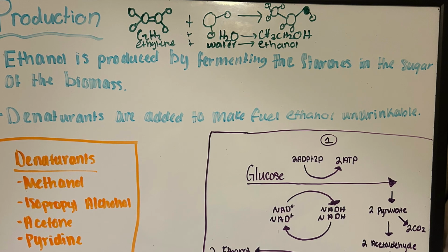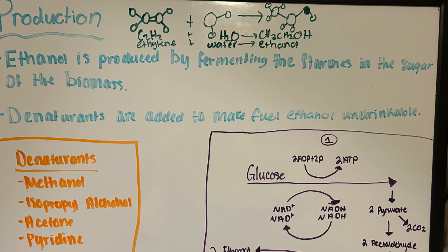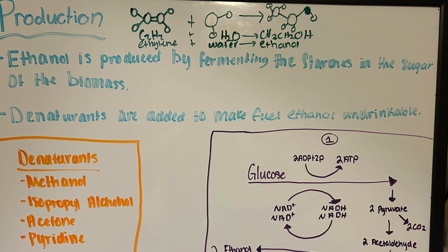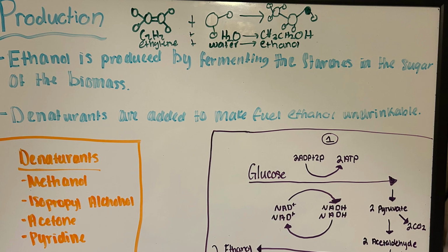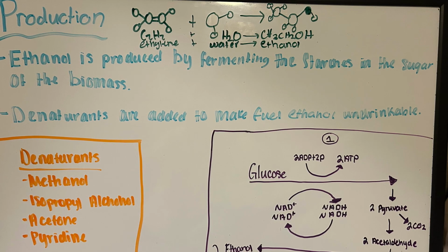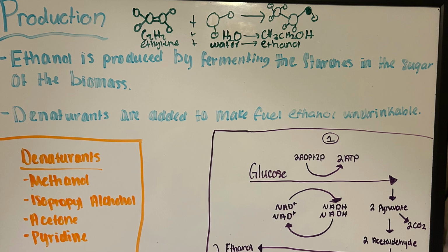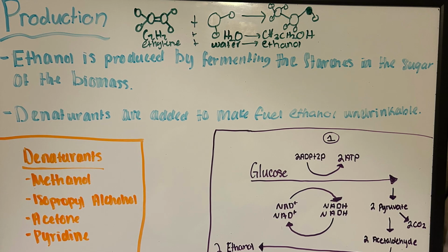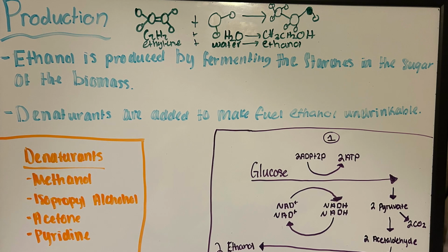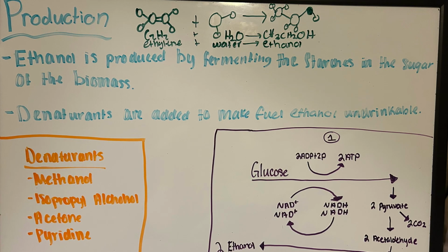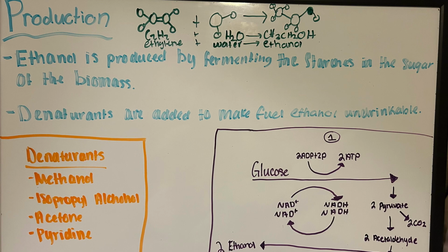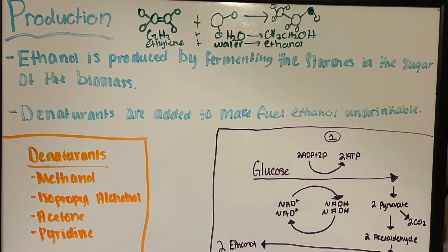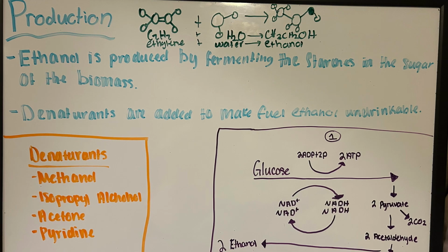And then on the right of the drawing, you will see the glycolysis fermentation process that is used to make ethanol. So in the absence of oxygen, it goes through anaerobic respiration, and then glycolysis begins, in which the glucose breaks down into pyruvate, producing ATP and NADH. And then the pyruvate is converted into ethanol and carbon dioxide, which is the main byproduct of ethanol production, and then it regenerates NAD+.